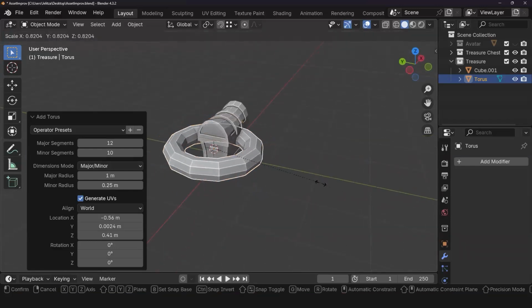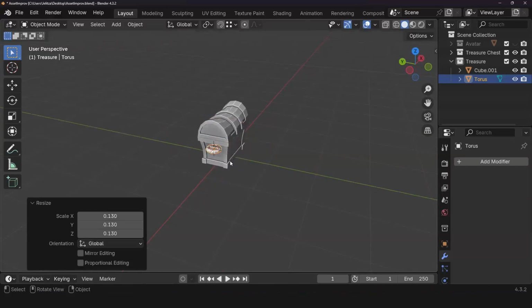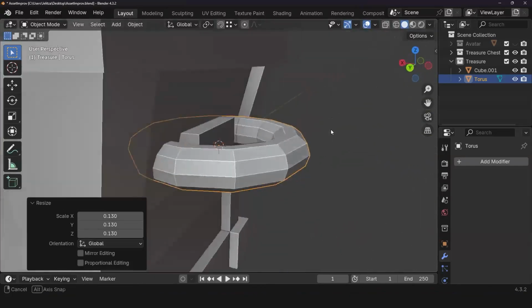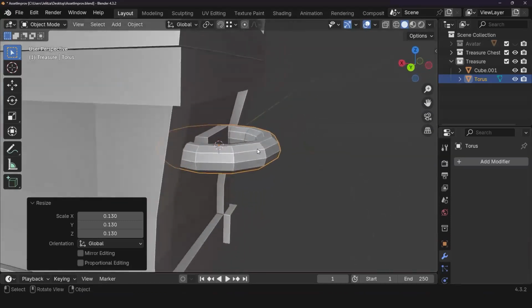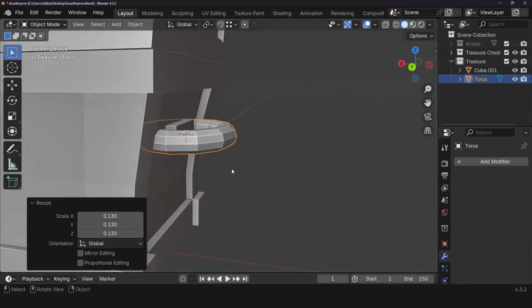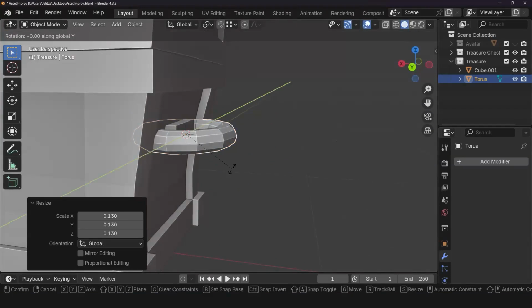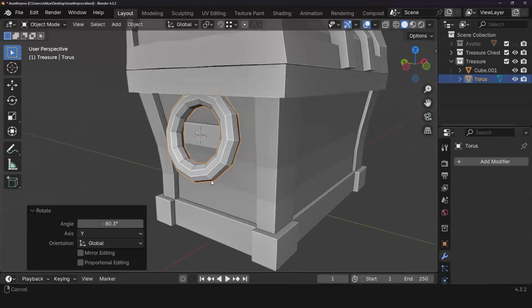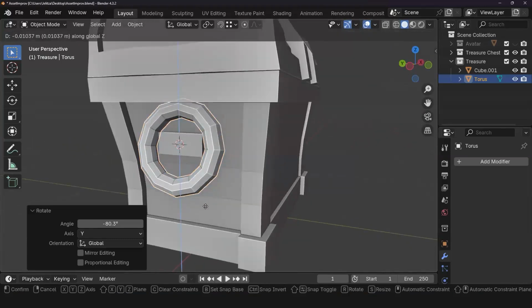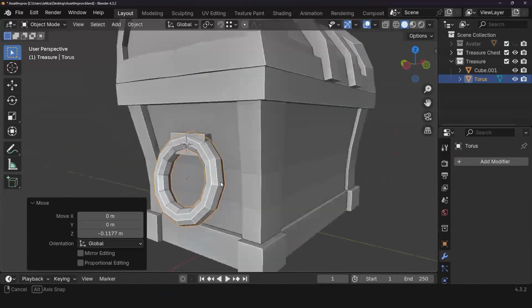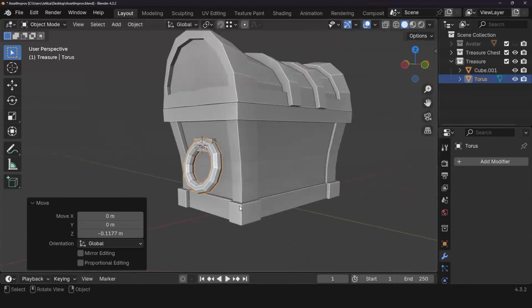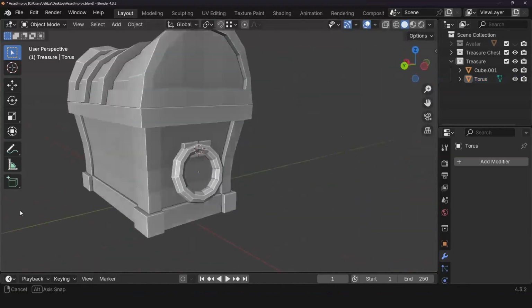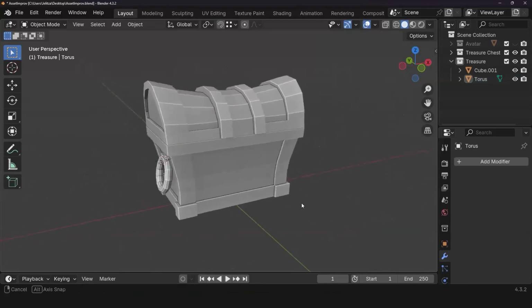And I'm going to just scale this. I'm going to press that period key so I can zoom in really nicely, and then I can rotate it. So I'm going to do R, and I'm going to rotate it along the Y-axis. And as you can see, now I've got something going on. G and then Z, and I'm going to leave it like that. I'm not going to do anything else. I'm going to let you guys do the meat and potatoes, but you get the idea.